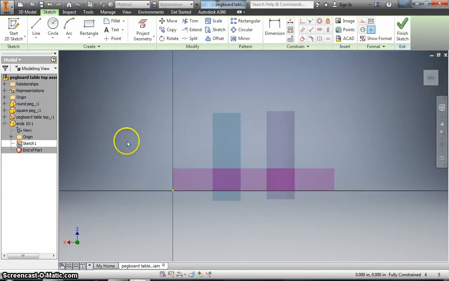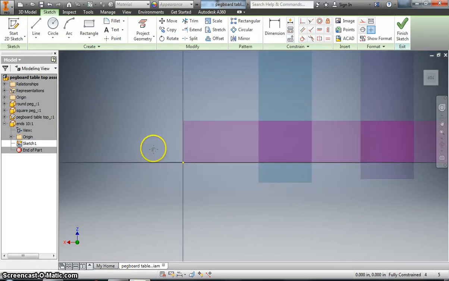So if you are lucky enough to have this yellow dot at a corner of your face here, that's good. If not, you can still start sketching. It just kind of helps give us a starting point when that yellow dot is at a corner. If the yellow dot is not at a corner, it is okay. You'll be fine. You'll just have to ensure that you are trying your best to get your first segment at a corner. So we're going to use line